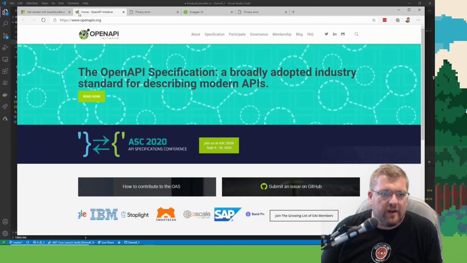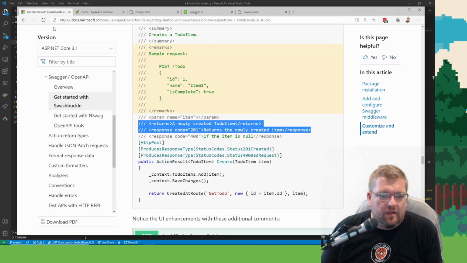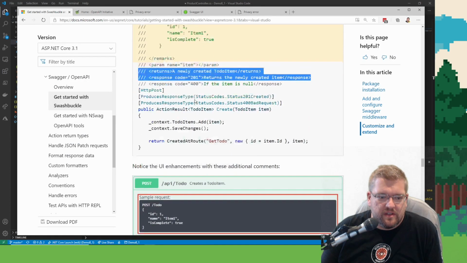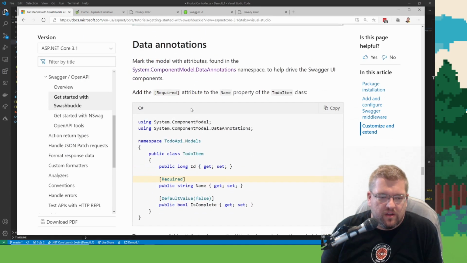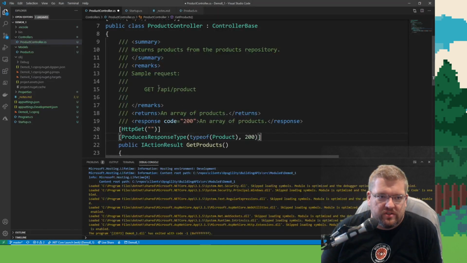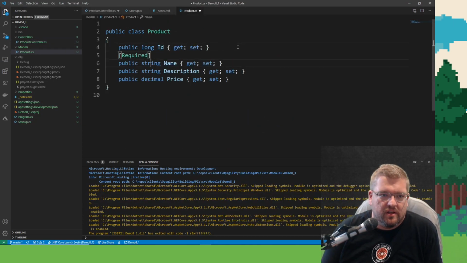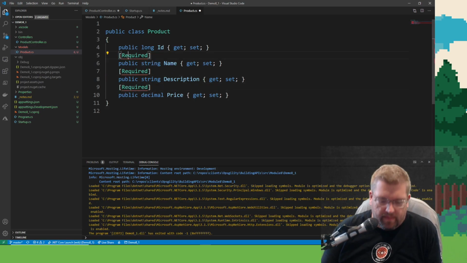All right, let's shoot back over here real fast. So this is XML, data annotations. I like data annotations. So let's add some data annotations.